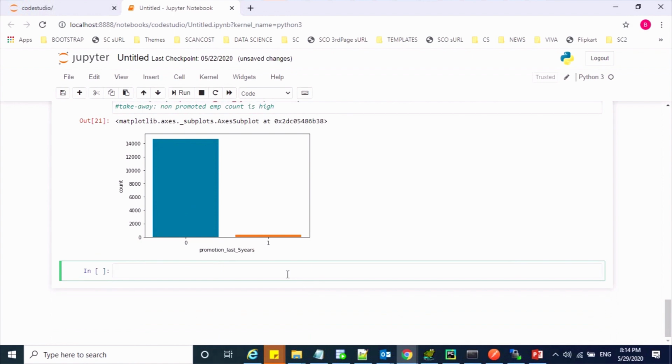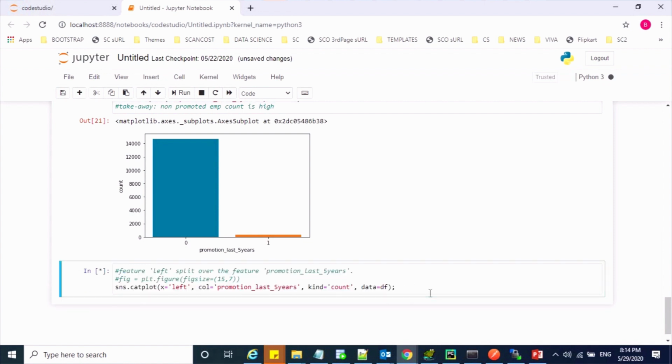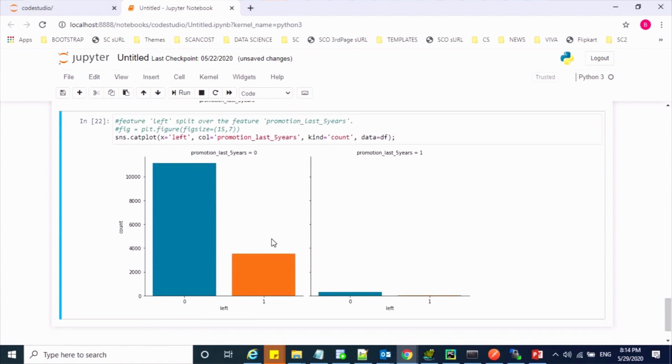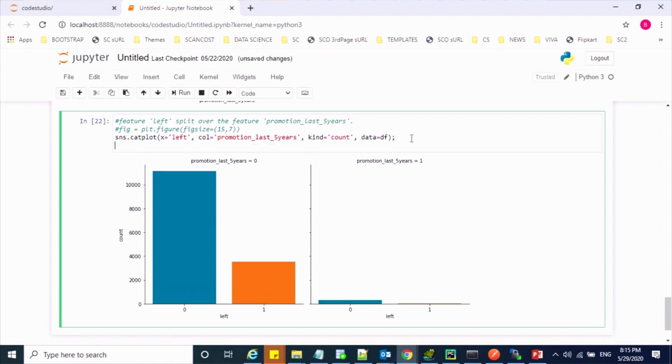We'll try to split the target column left over promotion last 5 years, using this command. Let me run this. Okay, this is the graph. The takeaway is that these are your non-promoted employees, and non-promoted employees have a high churning rate, leaving the organization.